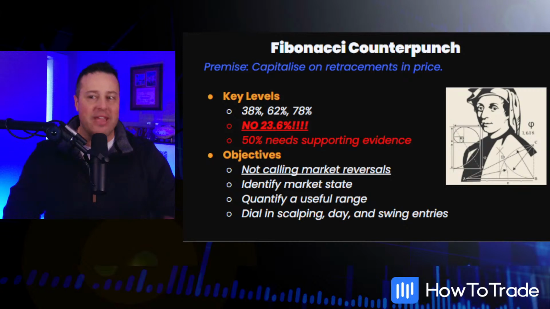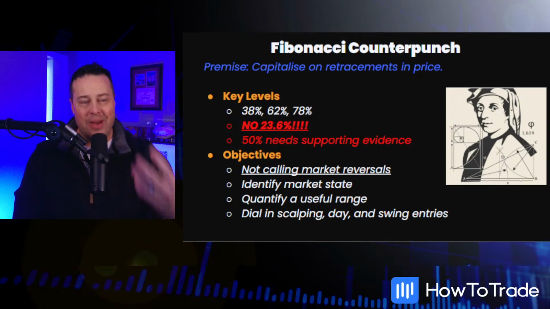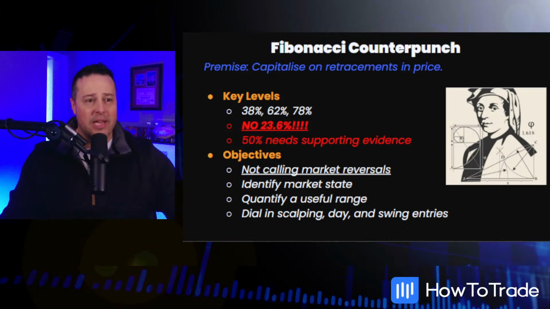50%, I will trade it, but it's got to have supporting evidence, and it's got to be an interesting trade. Meaning I've got to have a moving average. I've got to have market structure. I've got to have something telling me 50% is special. Objectives, I'm not calling reversals. I'm only looking for pullbacks. We want to get with the pressure. We want to identify market state, identify a useful range, and dial in our scalping, day trading, and swing trading